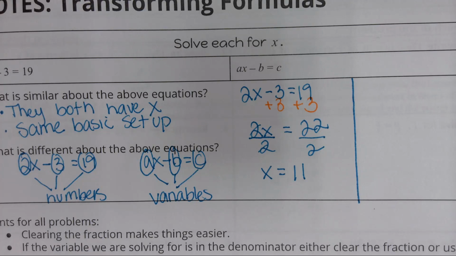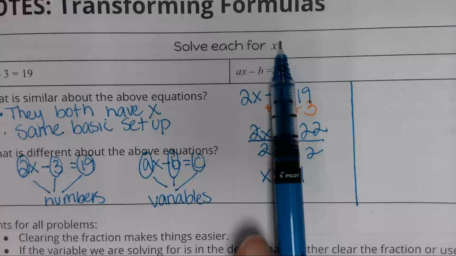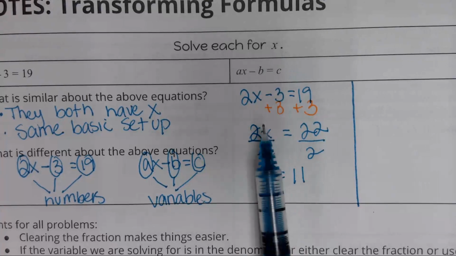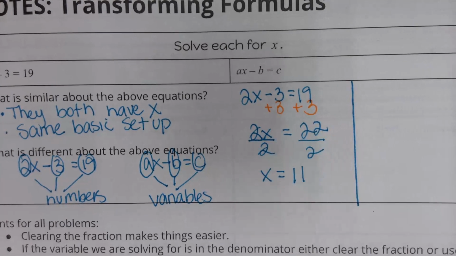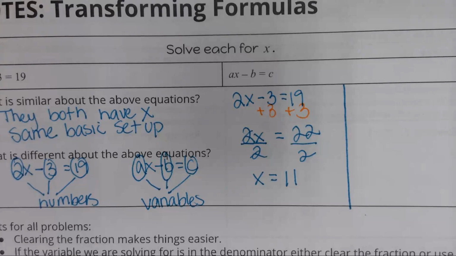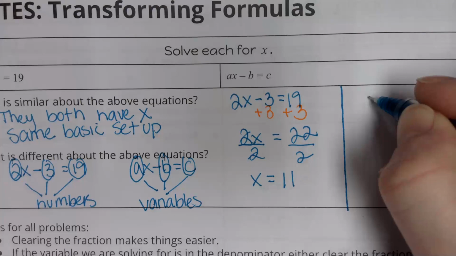So, all right, we're trying to get x alone. We added 3 divided by 2. What's in the spot on this one where the 3 was? B. So in this equation,